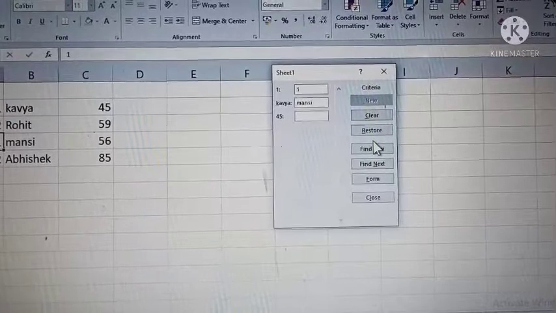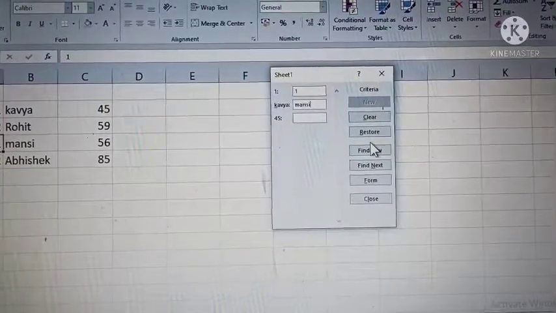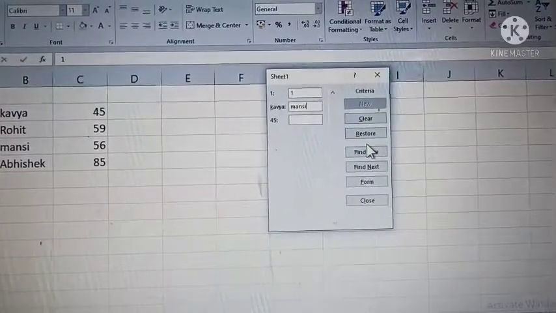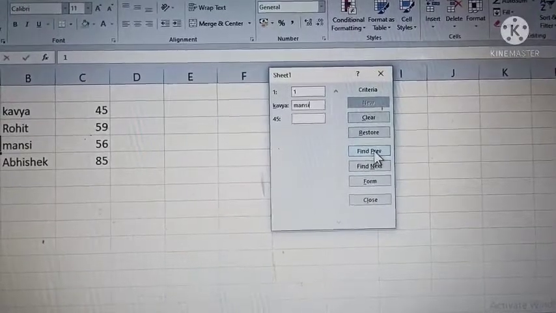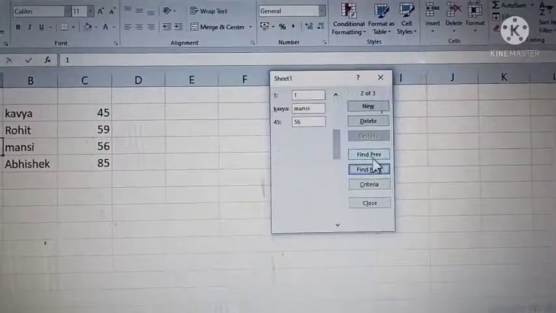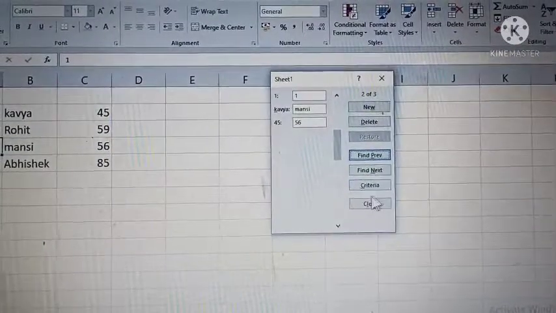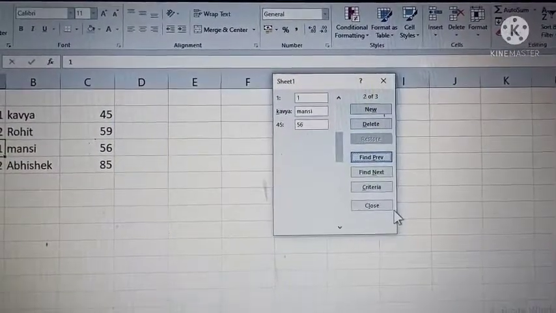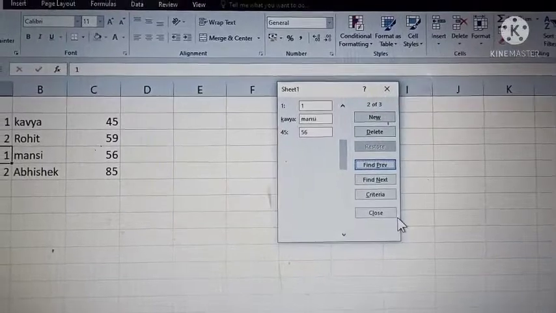Click on Find Previous or Find Next to navigate through the criteria matches. After finishing searching through the records, click on the Close button to close the form.